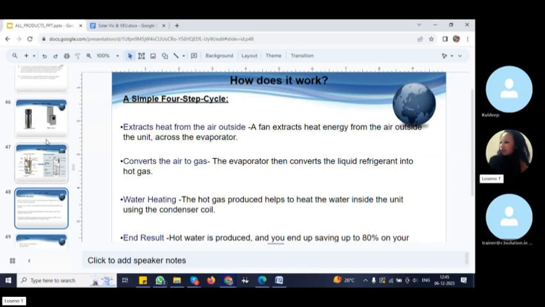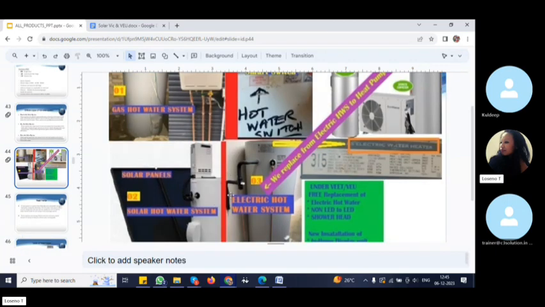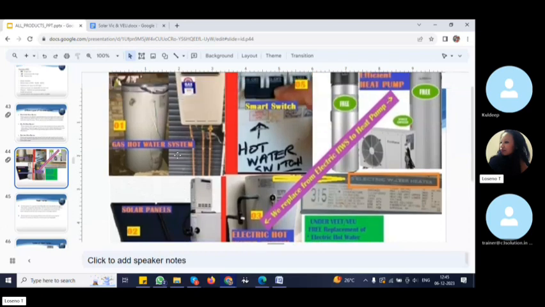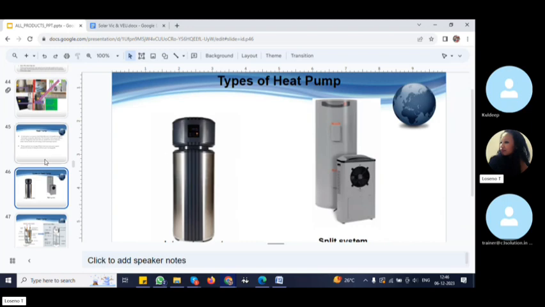So very simple. Just tell them they know how the old hot water system works, and they also know that they just have a storage tank, be it gas or solar or electric, whatever it may be. That's what they have been using for a long time. This is something new to them. So